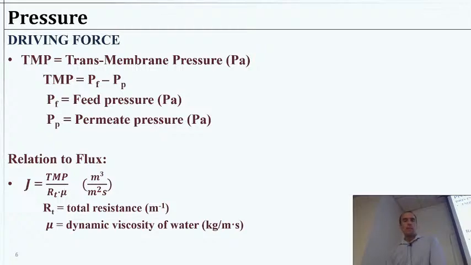Anyway, the relationship here is the transmembrane pressure divided by R_T, that's our total resistance of the membrane, times that dynamic viscosity. The flux has to end up with the same units as we normally have, some sort of a flow rate, or flow rate per area, essentially volume per area per time. So we're going to keep our resistance units in